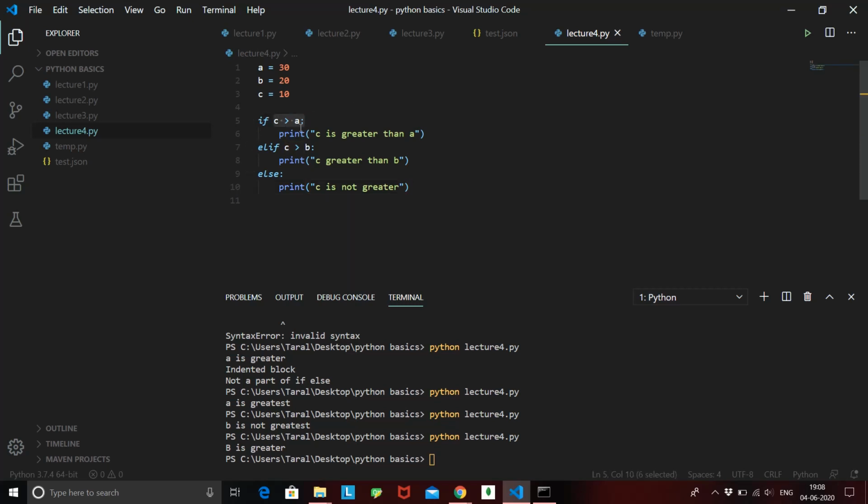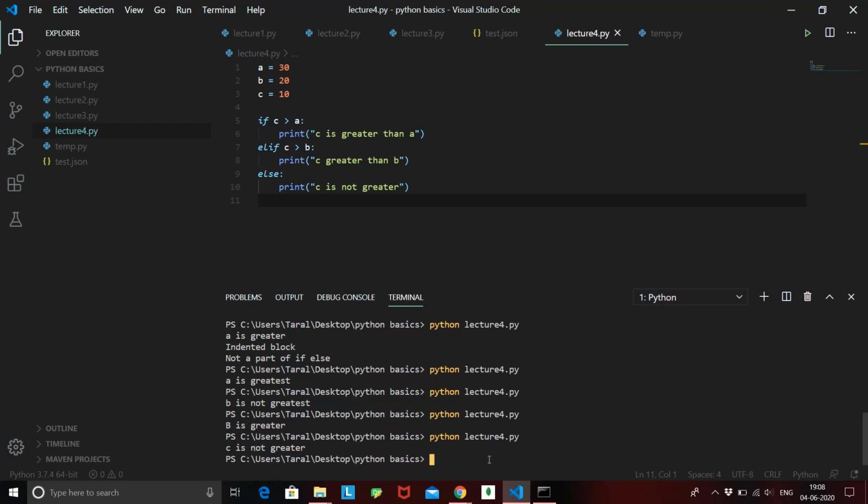If this condition fails, then it checks the elif condition. Elif means else if: if the above condition fails, then and only then check this condition. If c is greater than b, then you print this statement. And if all the above conditions fail, then you execute the else part. Is it clear? If I run this code now, I should get that c is not greater.